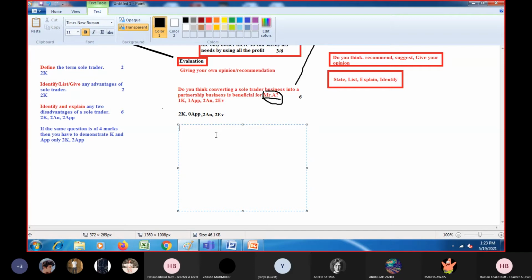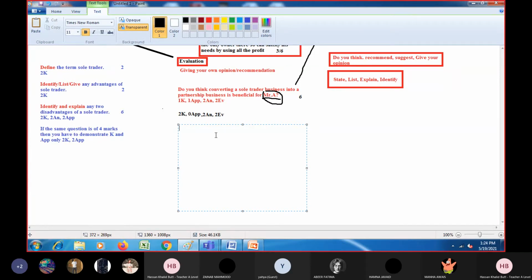There are no starters in business studies, remember. In economics, you can do it. In business, you cannot. You cannot afford a starter. Do you know why? Anybody? Any idea? Why you cannot afford a starter while answering a question? Sir, because there are limited lines in the paper that you have to use, and if you waste them in the starter, then you can't complete your answer. Yeah, absolutely right. Very good, Hamna. That's right. Because limited space is given.